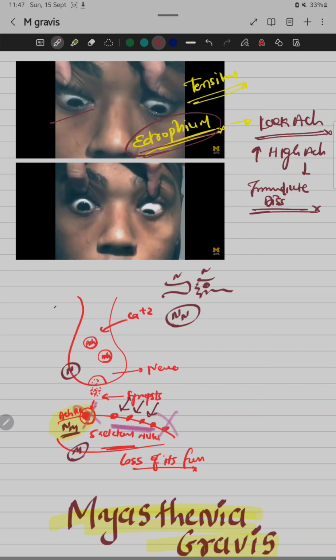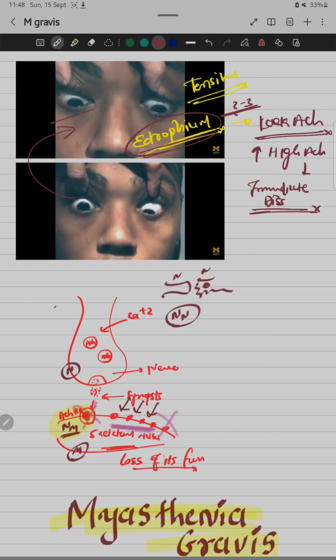So edrophonium is the drug for the test, because we have to use a short-acting drug, right? Long-acting we can't use, because that person will show the effect after 1 or 2 hours. The half-life of edrophonium is only 2 or 3 minutes. In 2 or 3 minutes, or 5 minutes maximum, the edrophonium will show effect, and this is how it shows the positive effect. Diplopia is not occurring in the